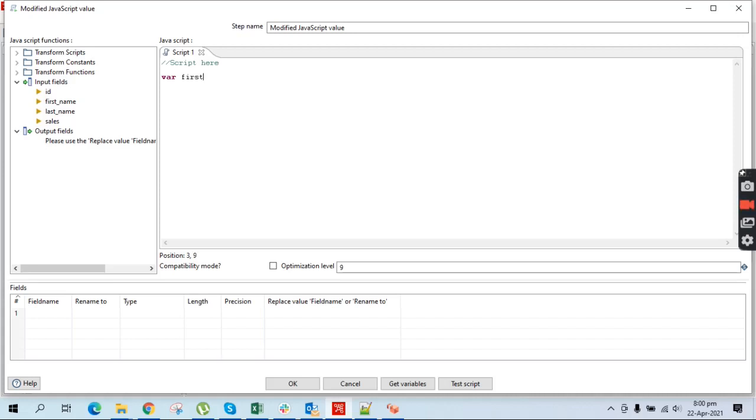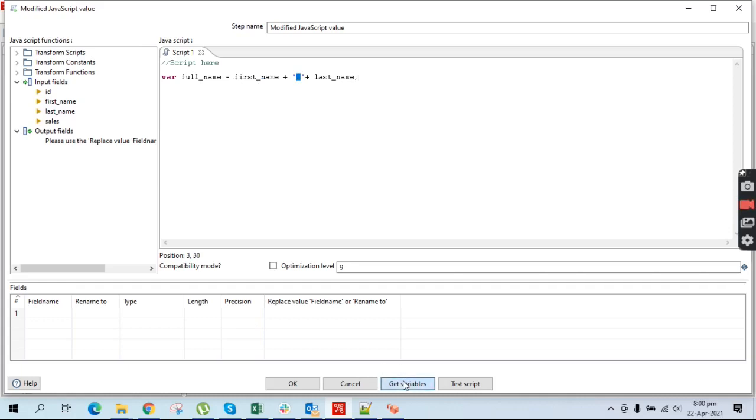The variable full name will be equal to first name, concatenate a space, and last name. Yes, I am leaving a space between these two variables, first name and last name.